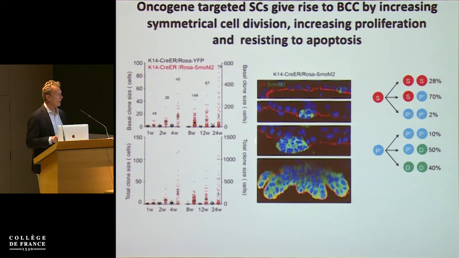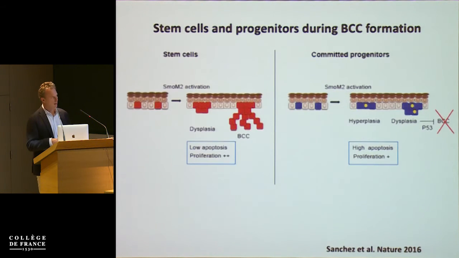Whereas in the stem cell-derived tumor, there's no such increase in apoptosis, and there's also a huge imbalance between renewal and differentiation. So SS means a self-renewing division, PP would mean symmetrical differentiation or symmetrical commitment of the cells. And so there are two reasons why you need to hit the stem cell. First, because they sit at the top of the hierarchy, so at each division they generate progenitors which themselves have the capacity of expanding the lesion, and in addition to that they are more resistant to apoptosis. And so we are now trying to understand what is special in the stem cells that allows them to progress into basal cell carcinoma, and what happens in the progenitor to activate apoptosis here and